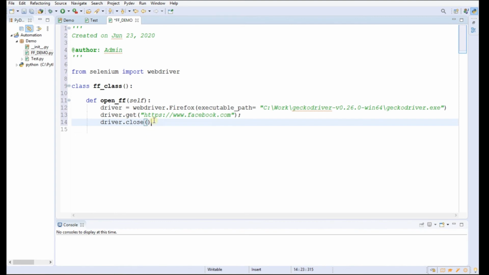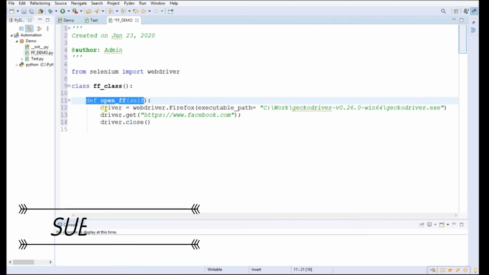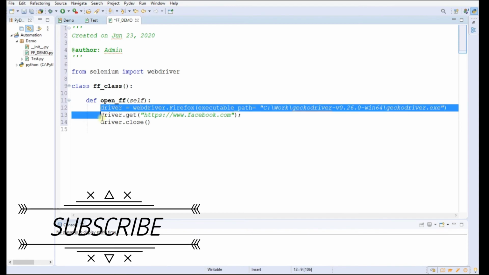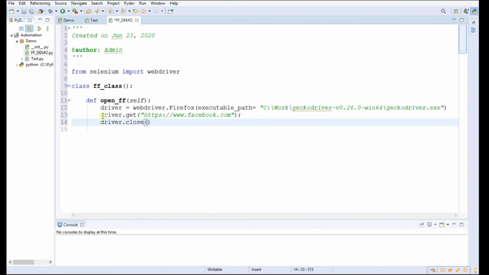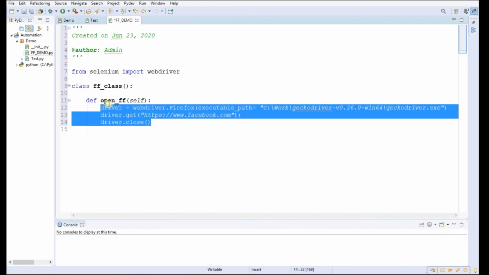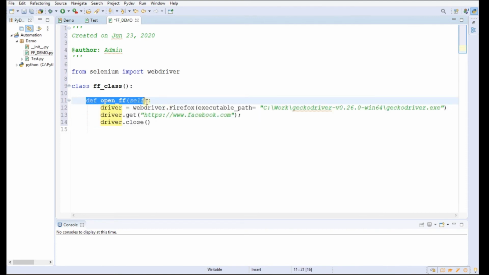As I have told you that in Python the indentation indicates the block of a code. As you can see, all of these statements are written at this level. So this specifies that these statements are present inside this method open_ff, right?